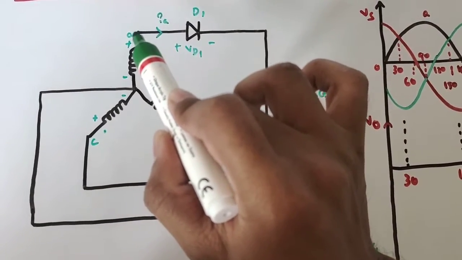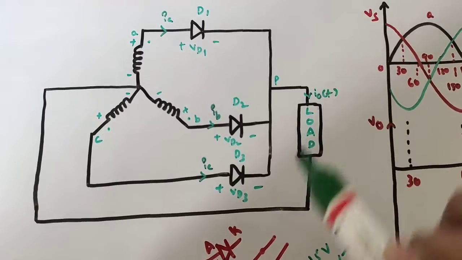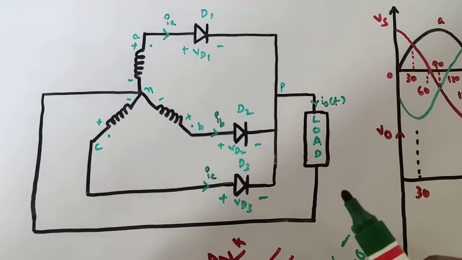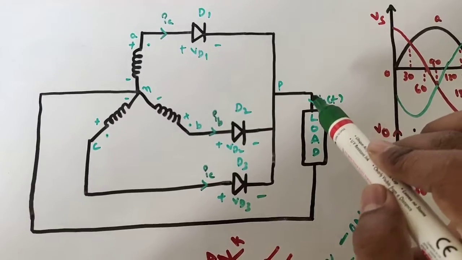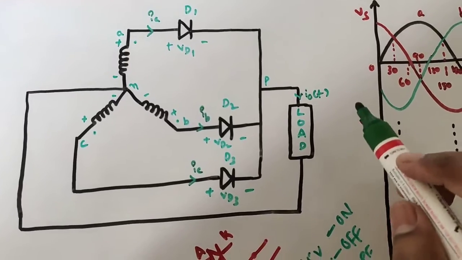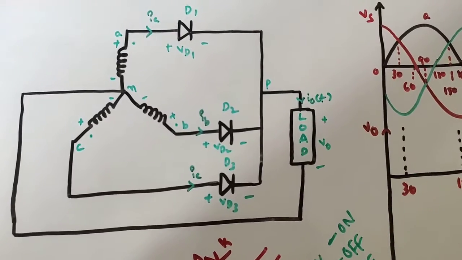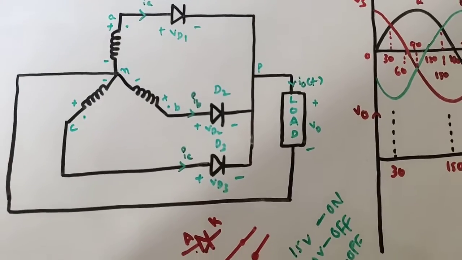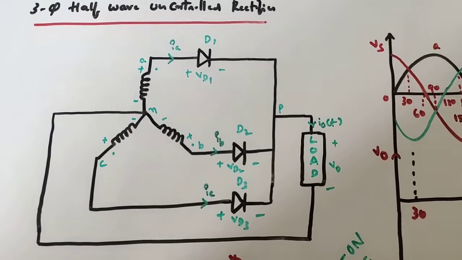So this is A phase, right? It is short circuited. You are going to get A over here. I forgot to write here, this is N, neutral. This is the A phase across this one, and this N has been connected to the second phase. So what is going to happen? You are going to get the output voltage V0 as VAN, which is nothing but the phase voltage. Understood or what I'm saying?